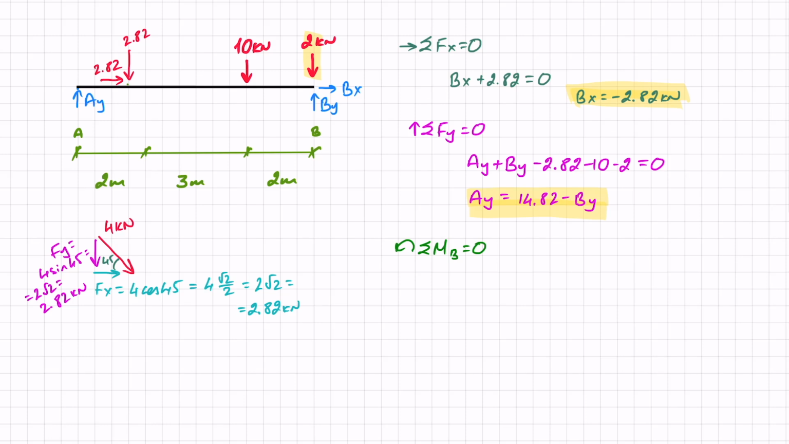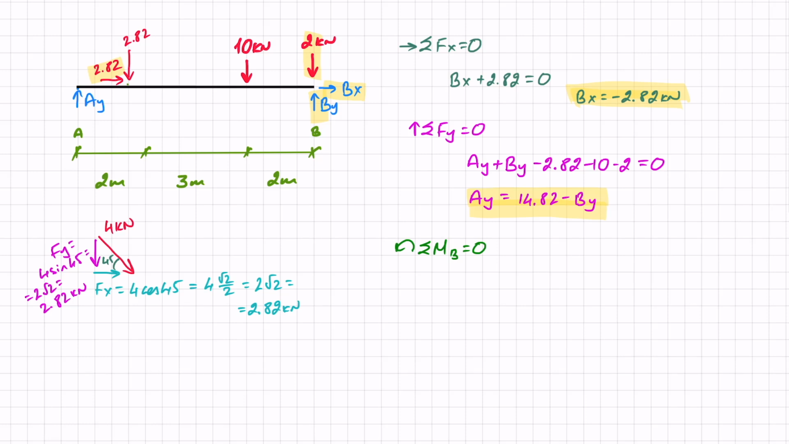Because it passes at B, there is no distance, meaning that it cannot contribute a moment. So the 2 can't contribute a moment, Bx can't contribute a moment because it passes through, By can't contribute a moment, and if we look at this 2.82, we can see that it also passes along the beam. In order for the 2.82 that I've just highlighted to have a moment, it needs a distance, and that distance